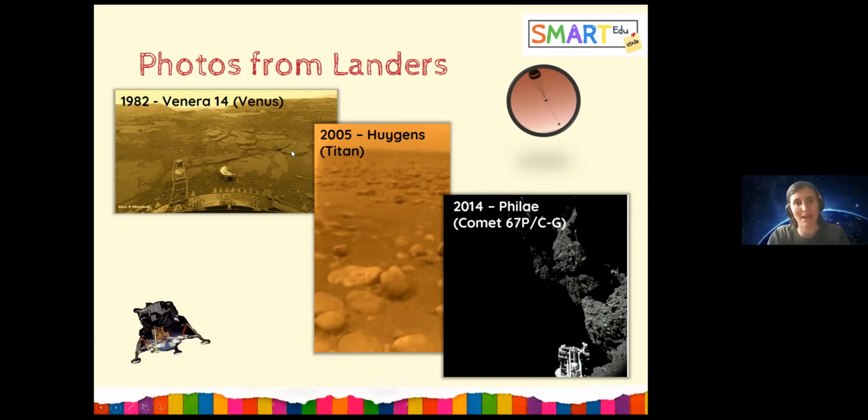And long ago, in 1982, well, actually even before, the Venera 14, but I think already Venera 9 or 10, landed on Venus. And these were missions by what was back then called the Soviet Union, which is now Russia, okay? So they sent